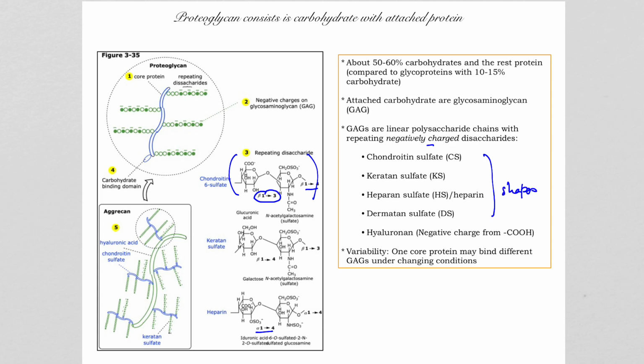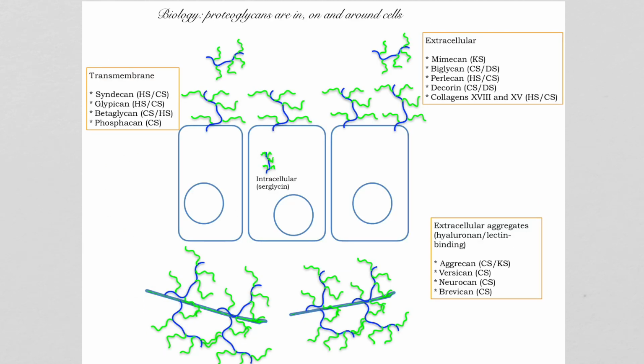On top of that, the GAGs bound to a protein can change under changing physiological conditions. That's very interesting: different types of carbohydrates can be attached to that protein to form proteoglycans that keep on changing in their composition. So one of the reasons why proteoglycans can do so many different things for cells and for tissues is because if you look at the biology, the location